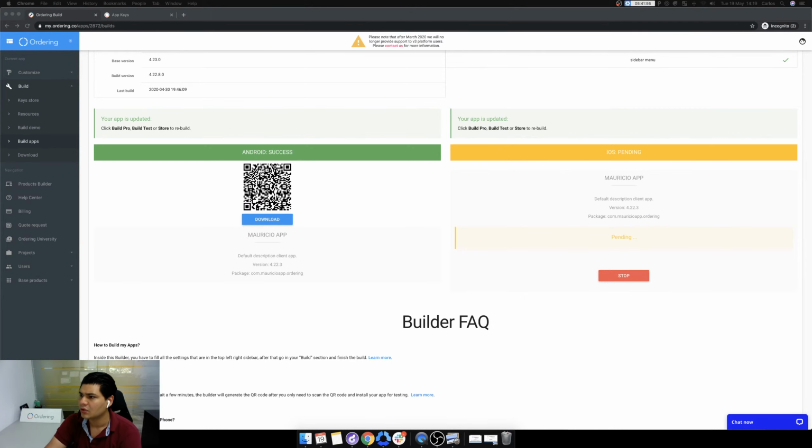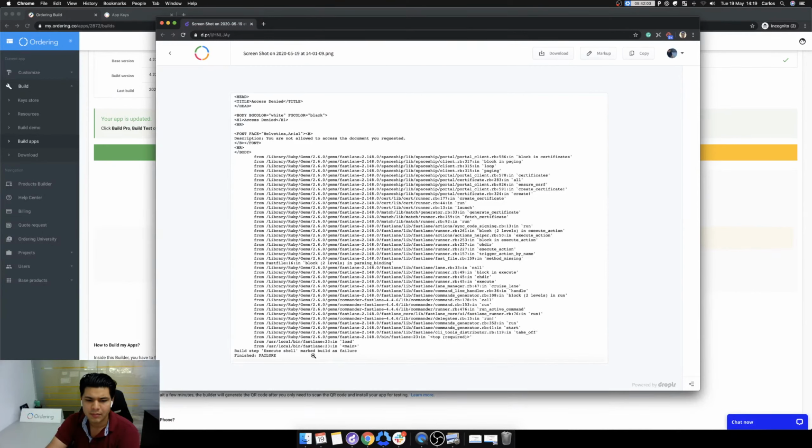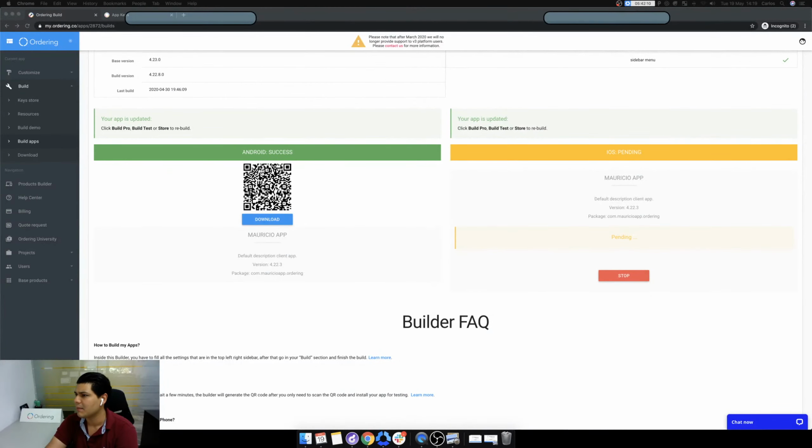Okay. Also, if your app says something like "build step execute shell marked build as failure," we have to also take a look at it, which I think is something that is happening to you, Ashar. I don't remember quite what was the message you sent me, but we will have to take a deeper look at it. I think you already reported it, so we will take a look at it and let you know what's happening today. Okay?